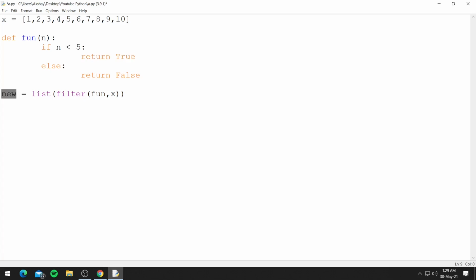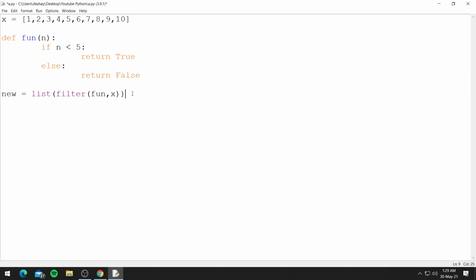And in the case of, let's say, 7, 7 is not less than 5, so it returns false and 7 is filtered out or not appended to the list. So this is how the filter function works. If the function returns true, the numbers are added to the new list, and if the function returns false, the numbers are removed or filtered out.